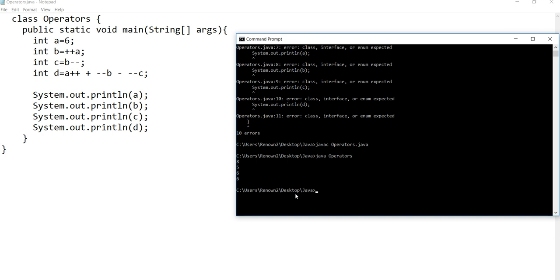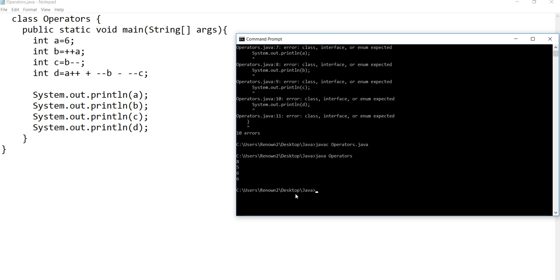In this tutorial we discussed two kinds of operators: one is unary, and the other is arithmetic. This is an example, but there are some rules. Increment and decrement operators can be applied to all numeric data types like byte, short, int, long, double, float, and char.